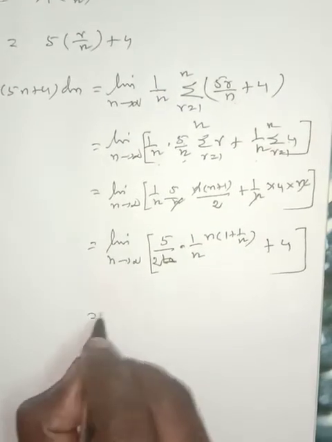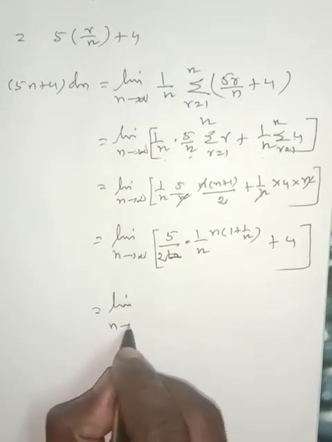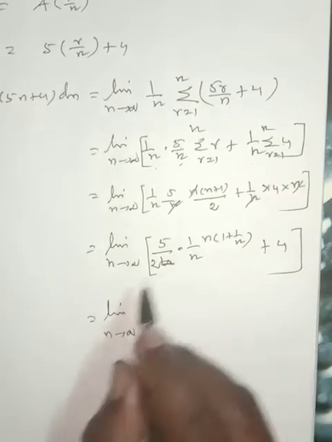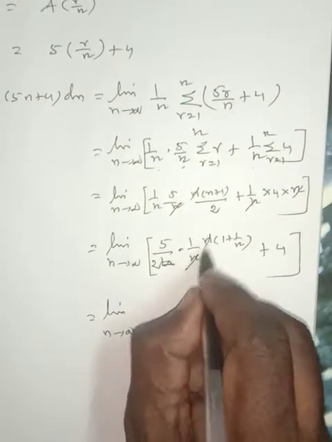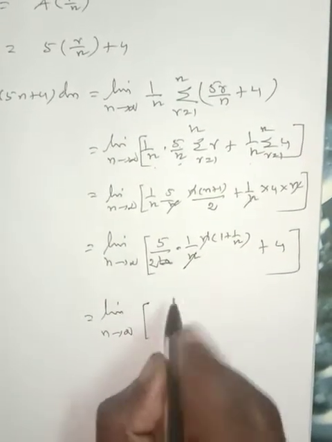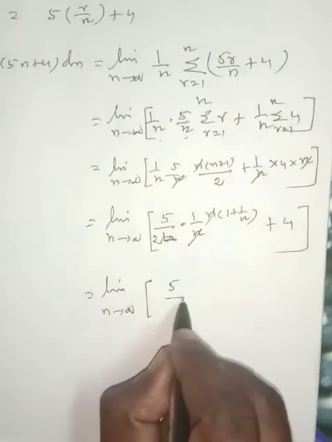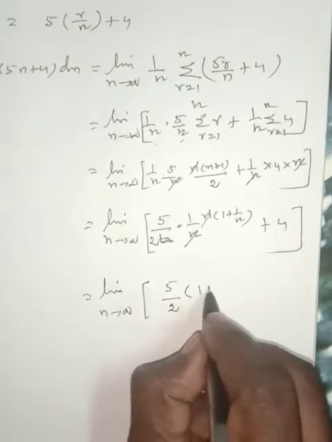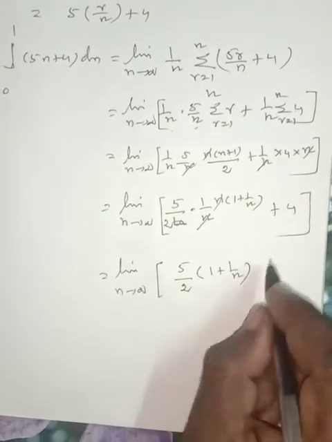Now limit n tending to infinity, n cancels. 5 divided by 2 into (1 plus 1 by n) plus 4